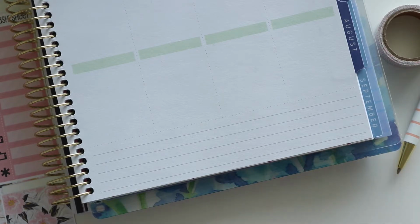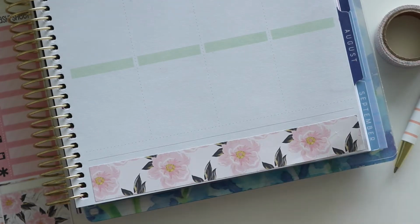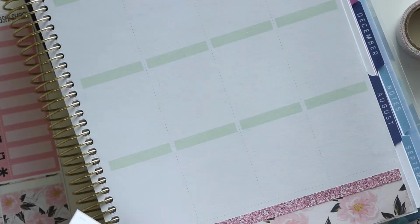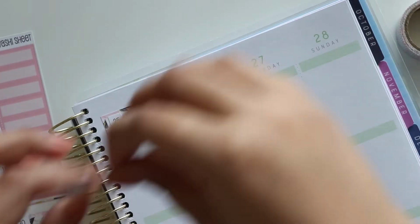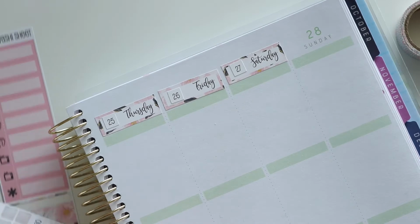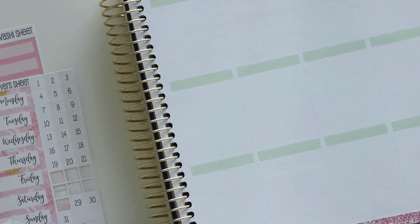afternoon. So beginning the planning for next week, I just kind of did the usual drill. I put the bottom washi down, the glittery top bit of the bottom washi, which was really beautiful. I kind of wish that I had included the glitter headers now, but anyway, I can save that for next time. Pop the date covers up again, and I kind of like the shape of the date covers in this kit. They're not too crazy or anything, and they look smaller, but they're actually the same size, if